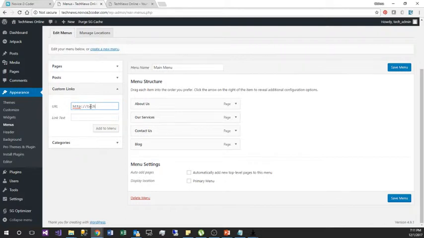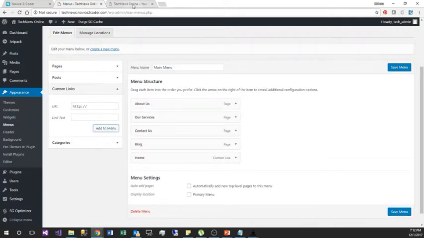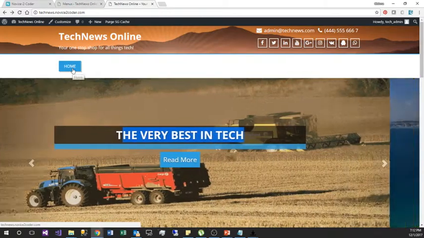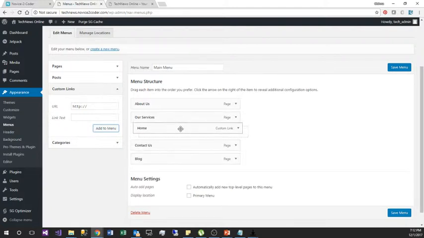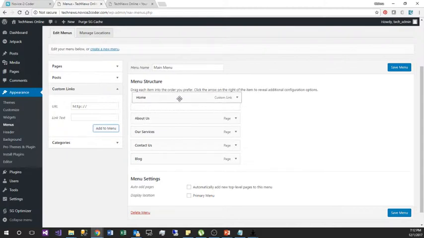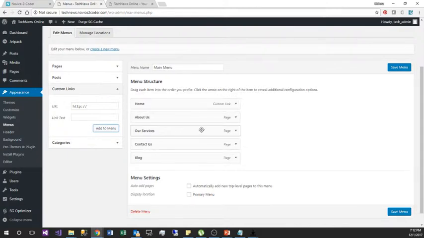So if we wanted to come back to the home page, we would simply type in the address of the site, which is technews.novice2coder.com, and we want to call this home. Yep, and we say add to menu, just to be sure. Okay, there's already a home option there, but we'll see what happens. Now you can reorder by dragging a menu item all the way to the position that you want it in, and then once you're done, we click on save menu,